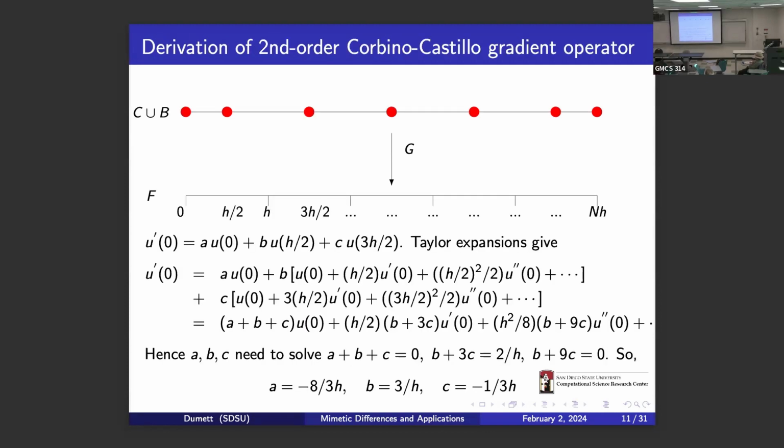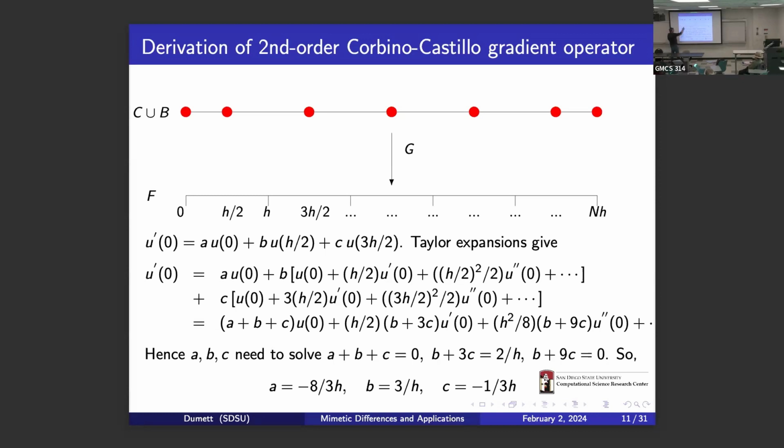And how could I construct this? So suppose I want a high order gradient going from centers to nodes. I will assume that the distance between centers or nodes is h, and there is a point h over 2 over here. So the idea, having a second order approximation of the gradient at this point, I will use the two points here to construct this. It's very easy to obtain the second order. The trick is how could I obtain second order on the boundary?